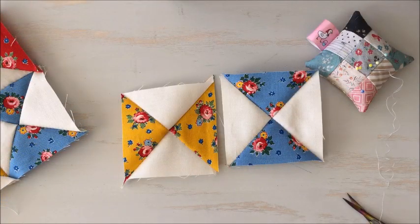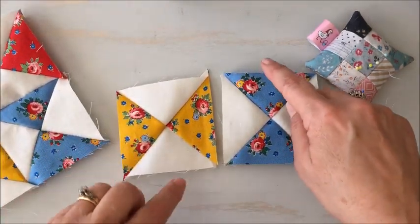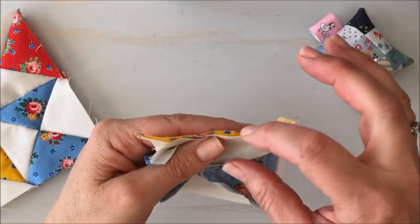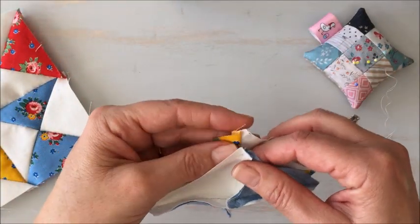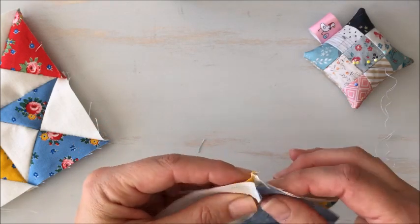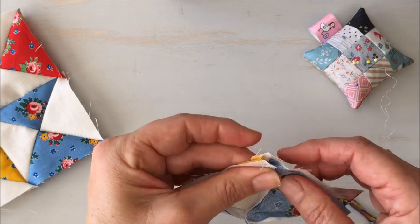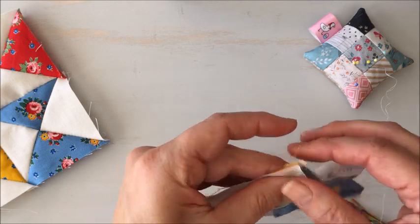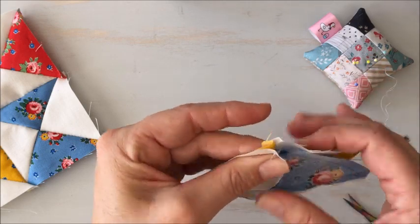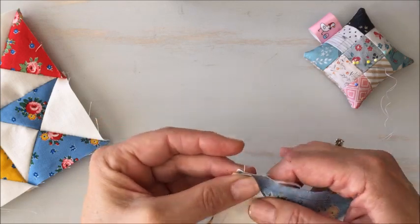Next, I want to show you how to sew the 1/4 square triangles together for our block. So we want them going opposite directions. And just as usual, we're going to put them right sides together. The trickiest thing here is to make it so that your seams are going to nest. So again, you just do it your normal way, which for me involves kind of pushing them together, wiggling a little bit, double checking that they look good, and then putting a pin